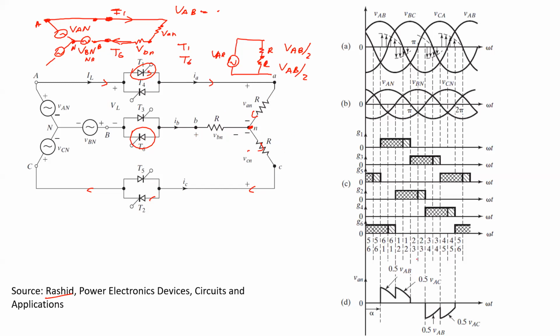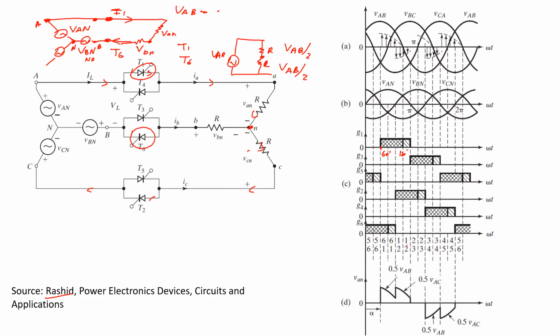So this is alpha equals 60. In here the firing is given for alpha equals 60. So this angle is 60 degrees. It goes up to 180, so it starts from here. First I wrote it down as T1, T6, but this is also the same. It is thyristors 1 and 6. Then in here 1 and 6 are kept on for this. Actually, this you should understand very well.